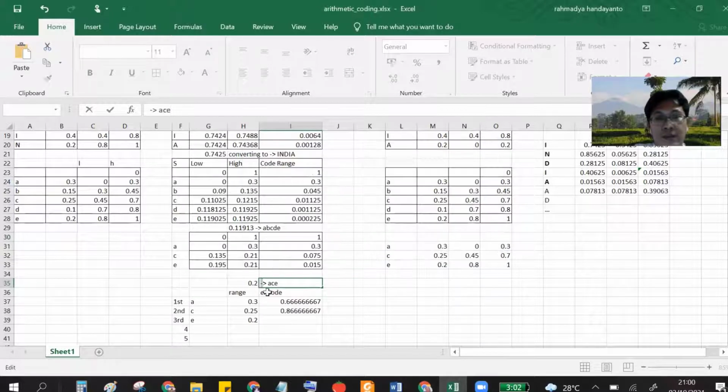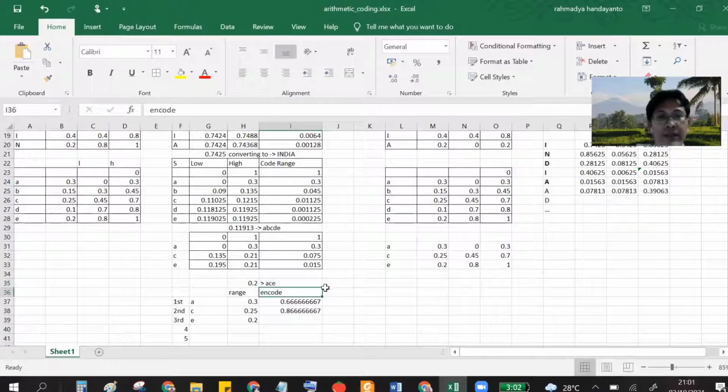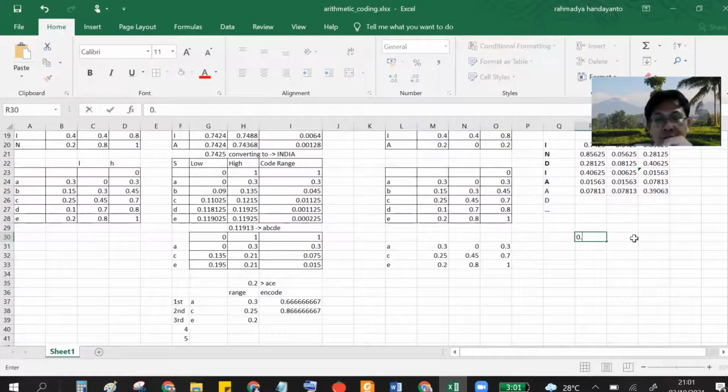So if you want to decode, for example, 0.20 is the string ACA. So the similar method you can decode using this kind of method. For example, 0.2.